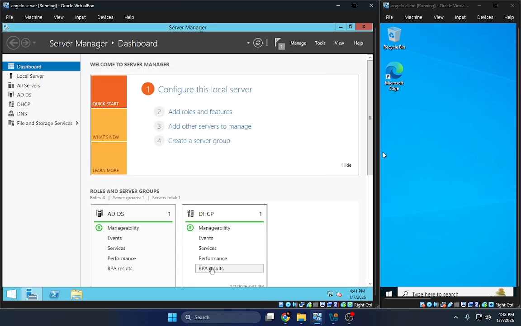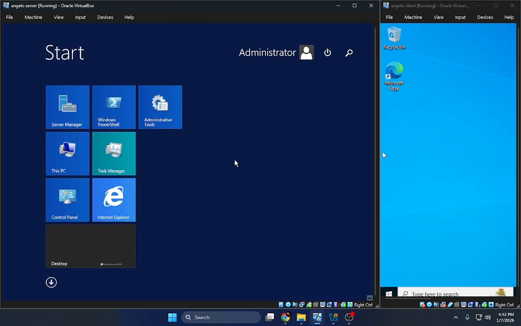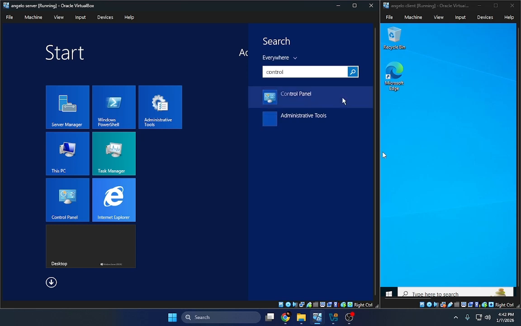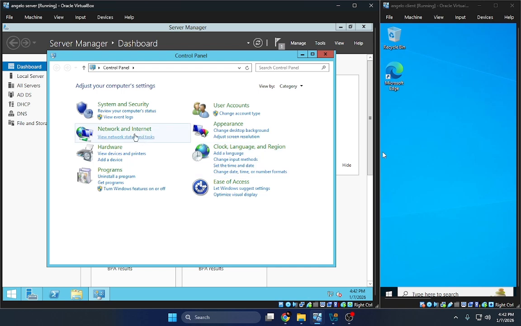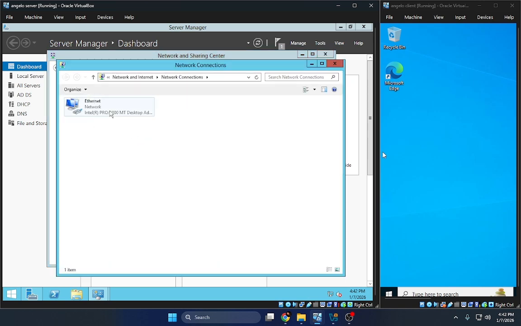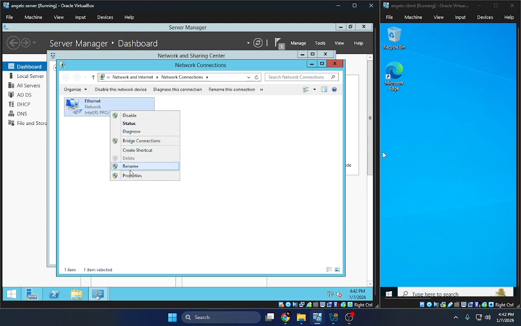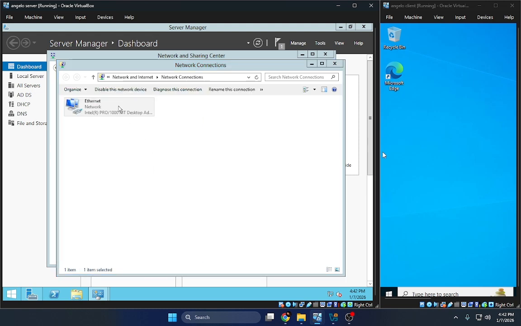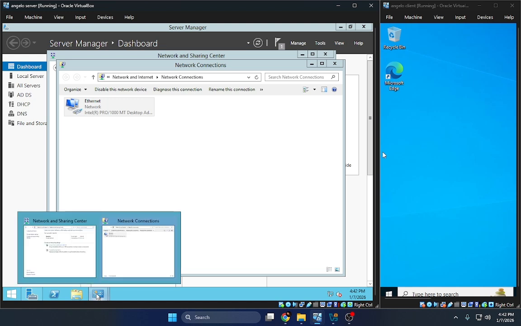And after that, I go to the control panel, then change the settings, then I check the Ethernet, then Ethernet properties, setting a static IP address for the server. After the reboot, I configure the server's network, then I open network connections, then I open the adapter properties and go to Internet Protocol Version 4. Then I set the static IP for the server.